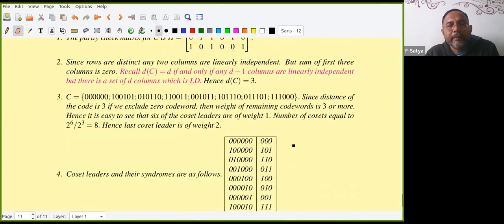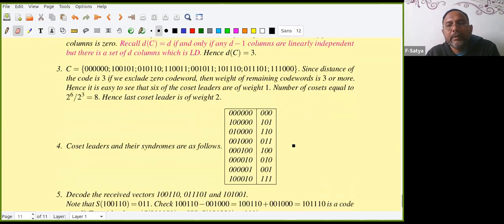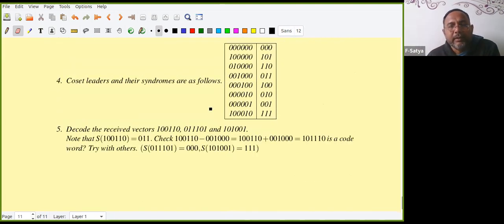Now look at what is happening. You know the distance of the code is 3, and you know that all the length 1 vectors will come as coset leaders. You understand that, right? Earlier I explained. But one more vector of length 2 will also come. You can check that this does not come beforehand, as I wrote. Now for all of them, I am finding H times the transpose of this. The H matrix is given here, so we can compute it. Then these are the errors, and these are the received words.